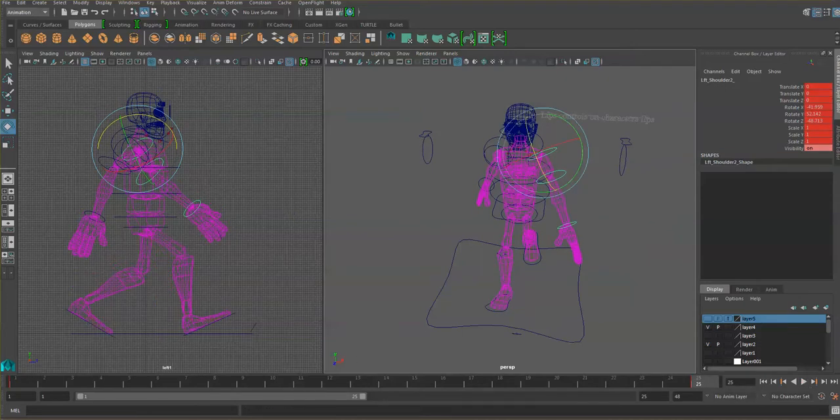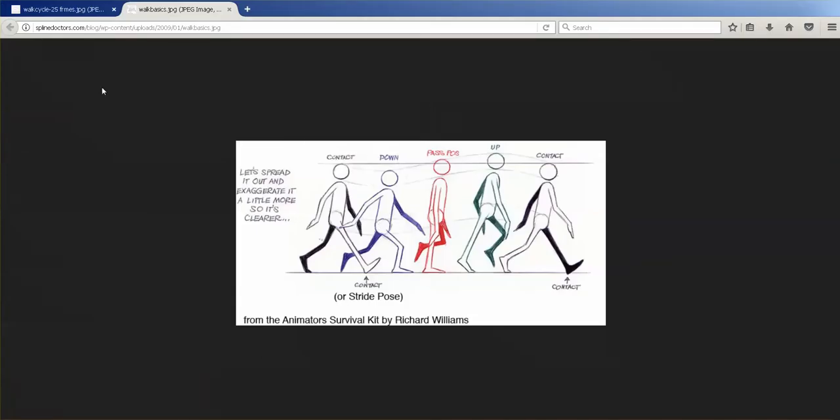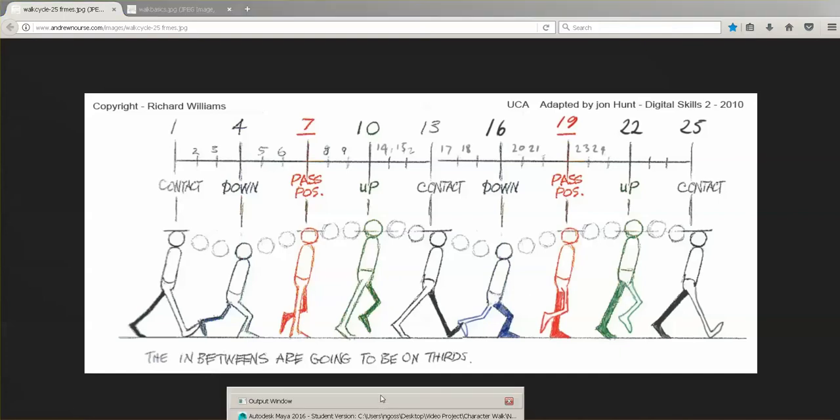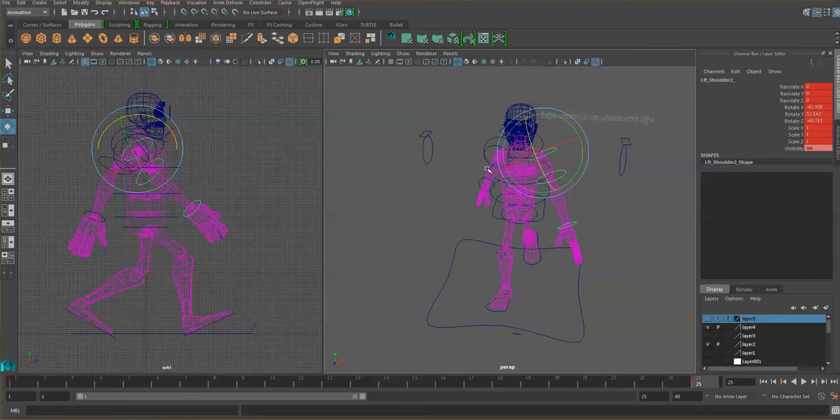Okay, so we have to go now to frame 13, and that's the opposite, right? That's the inverted contact position because it's our first step. So let's revert the arm position, okay? So let's go to 13. So let's go over here to frame 13, and just as we have it, let's move the